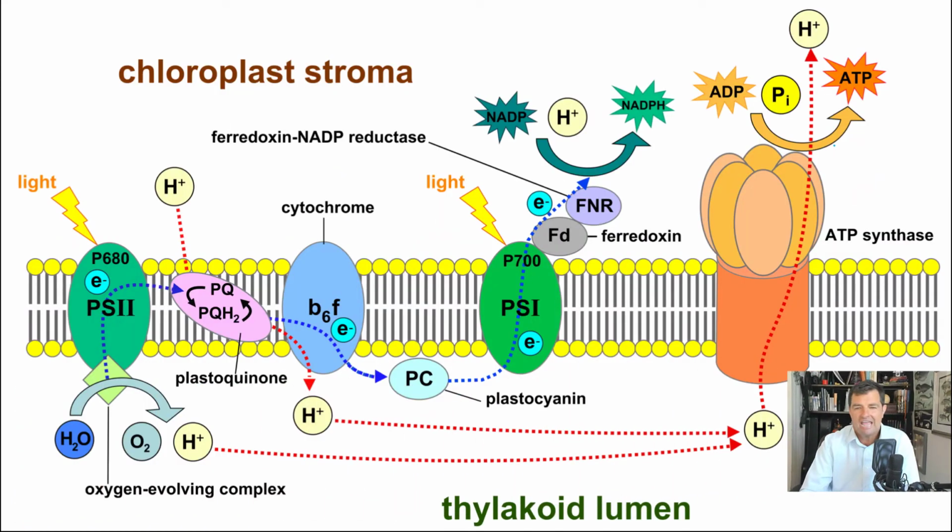Here's just another look at it, just another visual of the same basic thing. We call these the light reactions because they require light to run. Here's my photosystem 2, and you can see that it is driven by P680, which refers to the wavelength of light that excites that photosystem. And then over here is my photosystem 1. Remember photosystem 2 and then photosystem 1, because photosystem 1 was discovered first, even though photosystem 2 is first in my explanation of it.